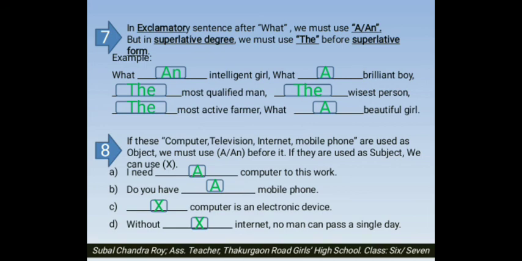By following this structure, the use of article will be very much easy to you, but you have to try at your home to feel and understand the article and the use of article. Okay, we know that practice makes everyone perfect. So I think you have to practice yourself at your home place.